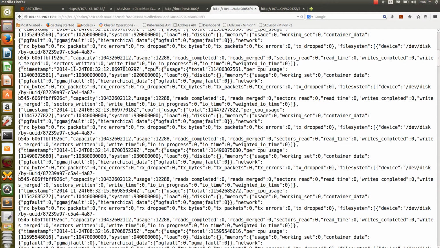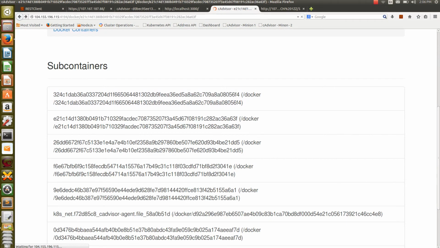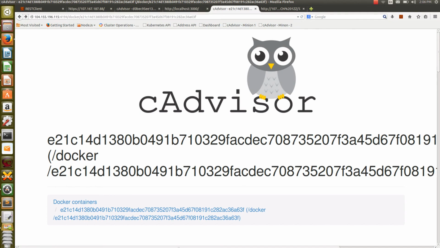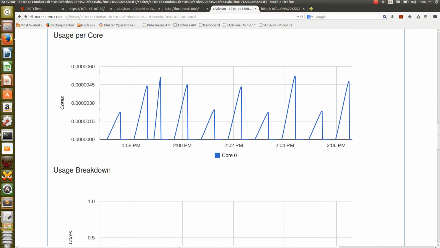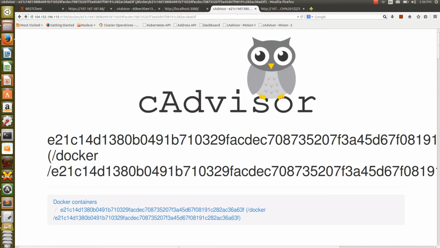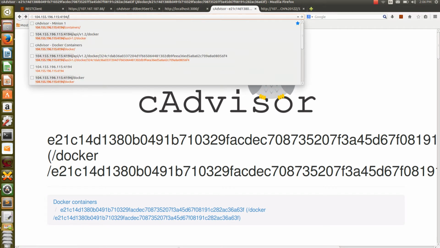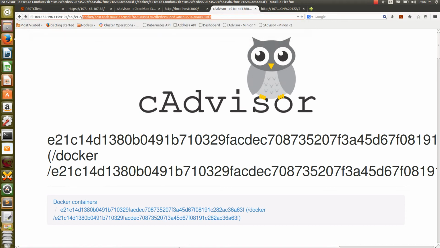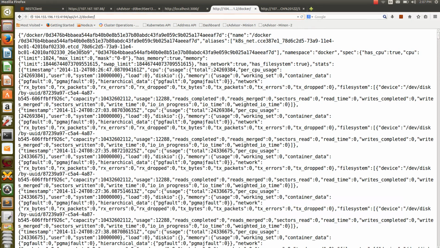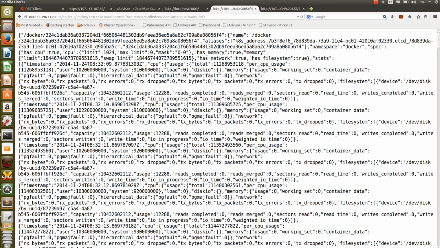Okay, so we explored two things. One is the cAdvisor UI, which gives excellent user information, and another is the cAdvisor API, which starts with slash API slash v1.2 slash Docker, then your IP name. If you want the entire Docker, you hit enter and you get the entire logs. Or if you want a particular container ID, you can enter it and get that container. This way you can monitor everything.